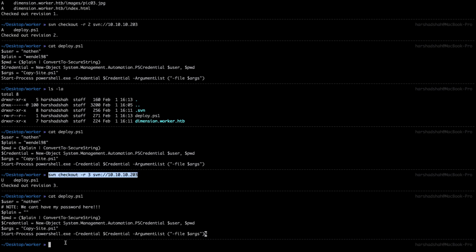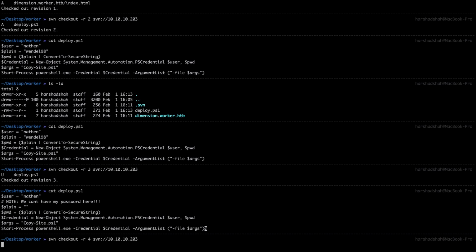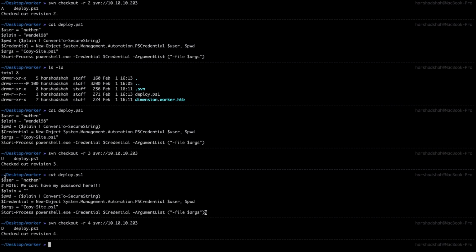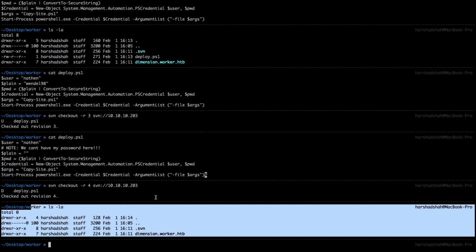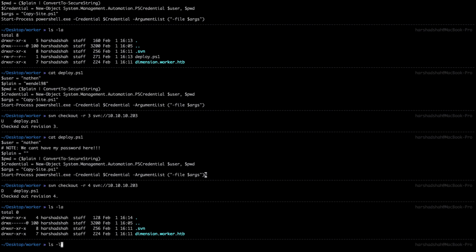You can simply copy it here and paste it, and after that go to the 4th number and check what is happening. U is for update and I think D is for delete. Now if I check the file with ls -la, there is no file available here. This is the meaning. We have checked almost all of them, so I'll try with the 5th number. I'll just copy this command and paste it here.